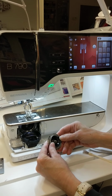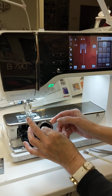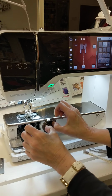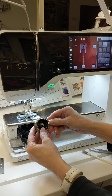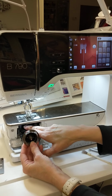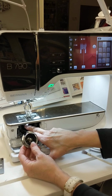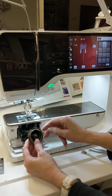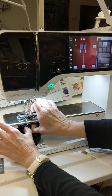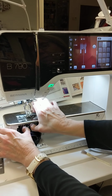I'm going to be doing this from an interesting angle here, but I'll give it my best shot. What I like to do, I do not hold it by the stem, because the stem just kind of rotates around. So I like to hold it with my thumbs holding it. And what I look for is there's 2 rectangular cutouts in the hook, and there's 2 rectangular shaped tabs inside the machine. I want to say they're about 4 o'clock and about 10 or 11 o'clock. So I try to get it lined up similar to that, and I go in kind of lining up the bottom first, like the 6 o'clock point, and then you will